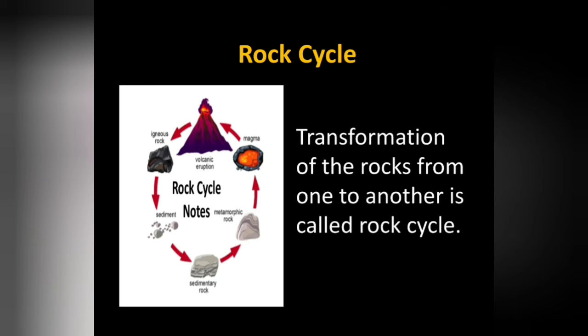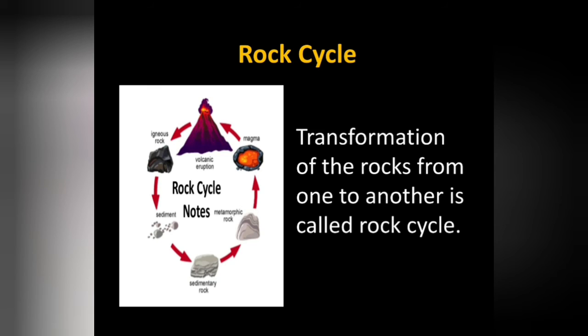Let us have an example of it. When the molten magma cools, it solidifies and becomes the igneous rock. These igneous rocks are again broken down into smaller particles or sediments that are transported and deposited to